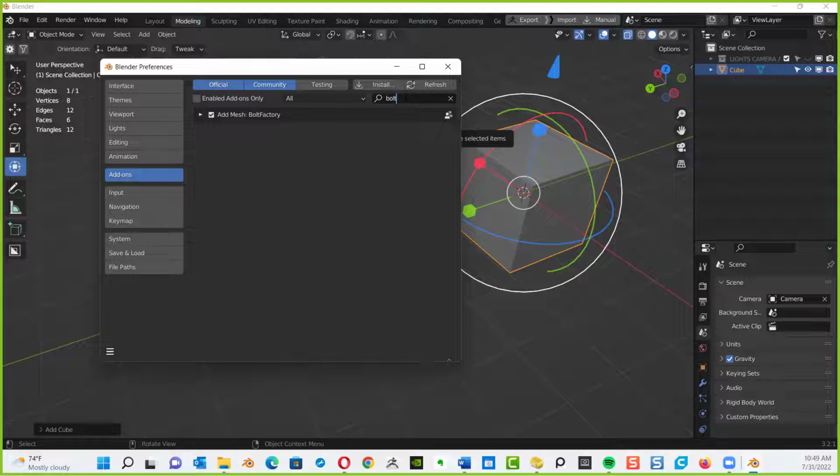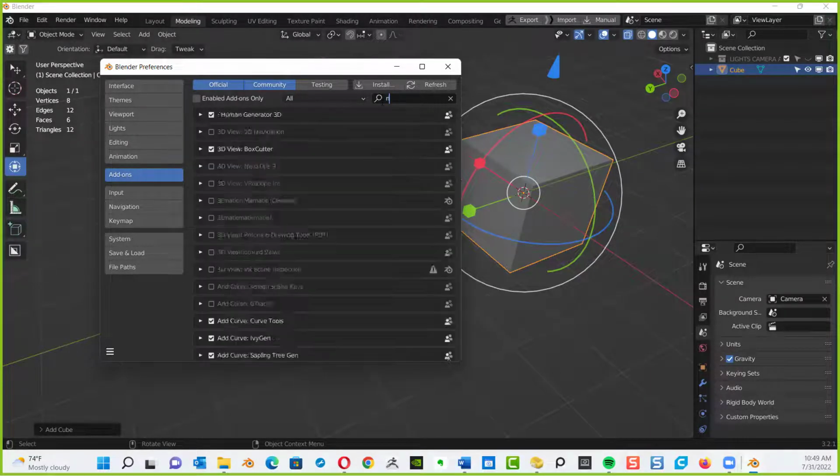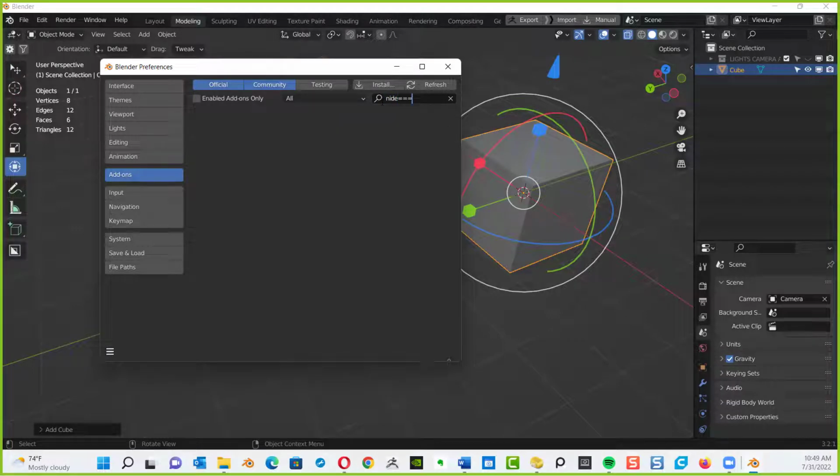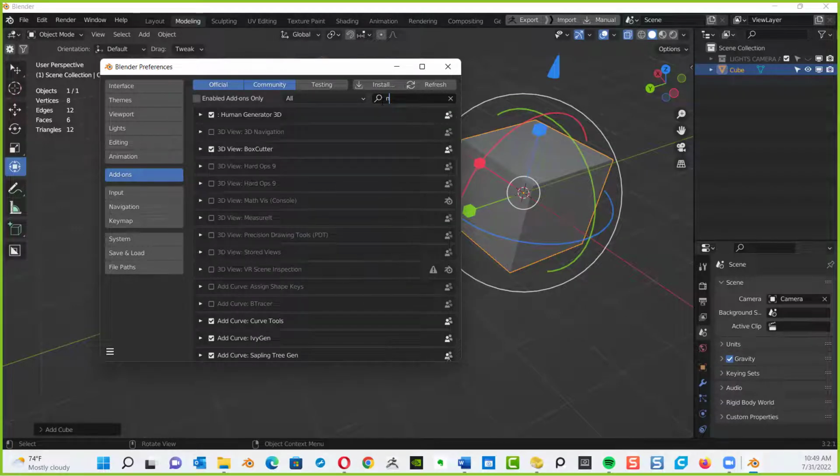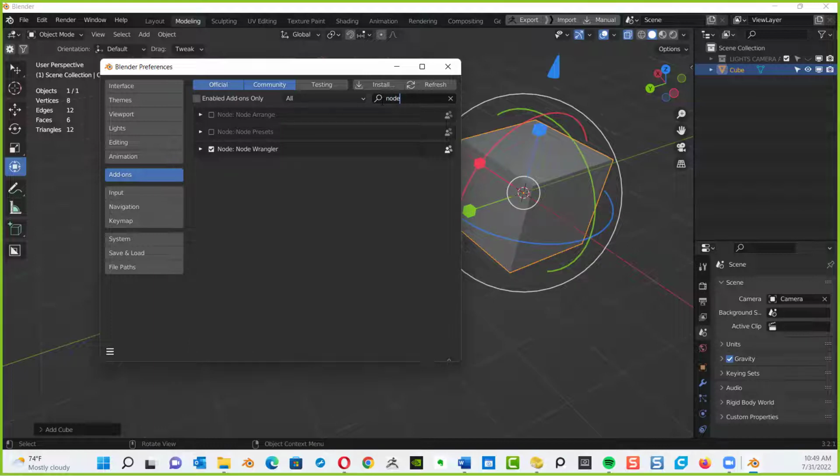The next one you're going to have selected is called Node Wrangler. And this is going to be for the tech stream part of the class. Oh, sorry, I'm typing things wrong in here. NODE, look for Node Wrangler. And if anybody is trying to catch up on anything, let me know. Just talk to me. I'll give you an extra minute or so just to make sure all that's selected. I think that's it for the add-ons.